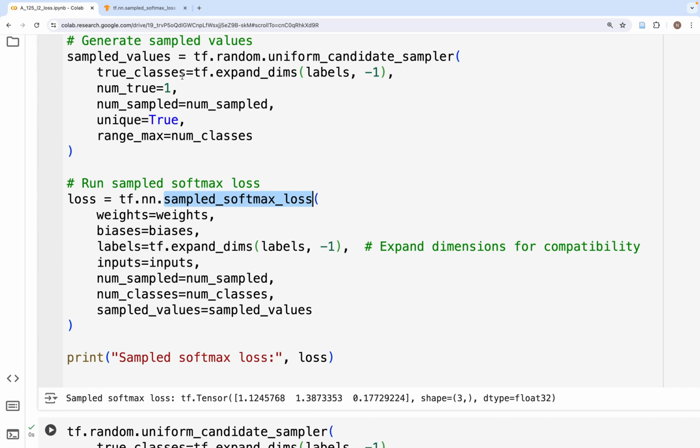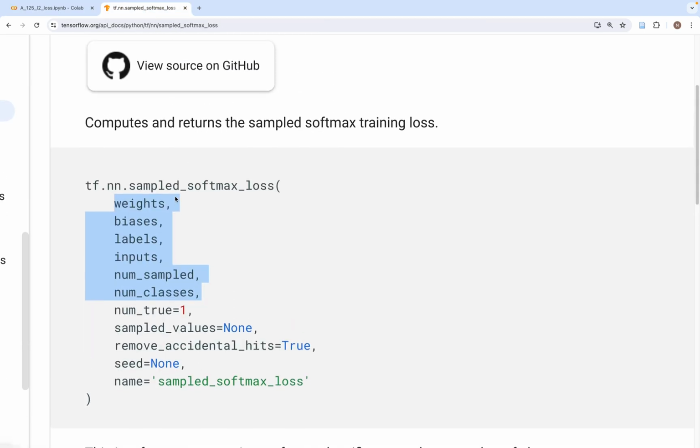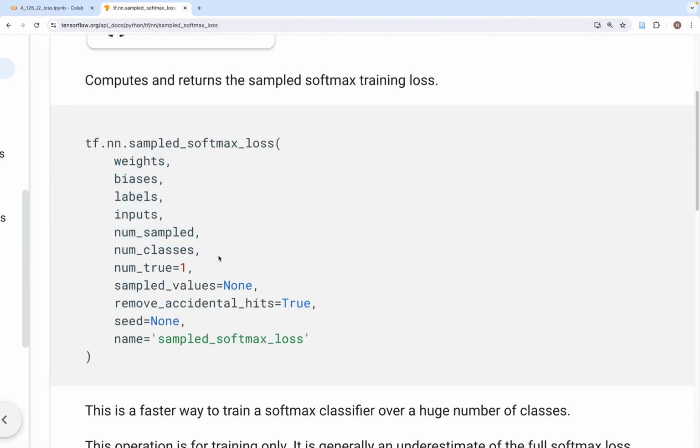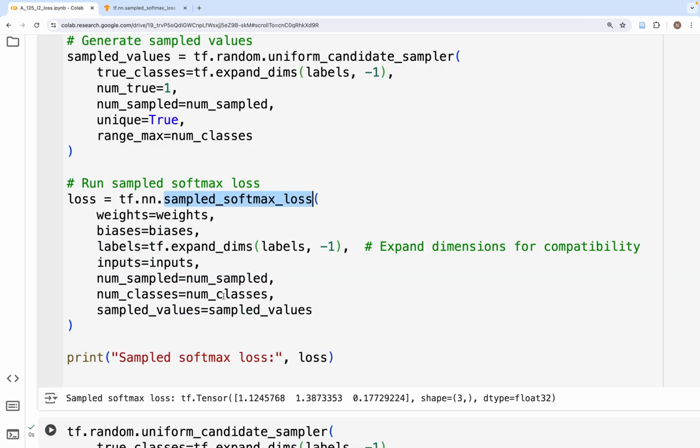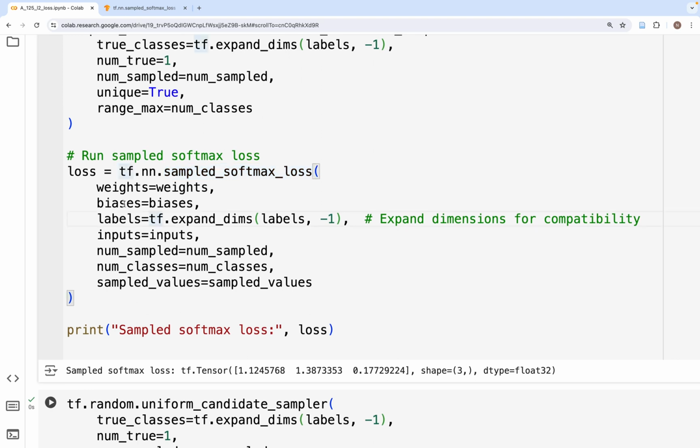as we see here in the docs. So in the docs we have all of these values, and the rest of them are prefilled except for the sampled values. We are going to leave the others as is. And so once we put all the values, so weights we have, bias,